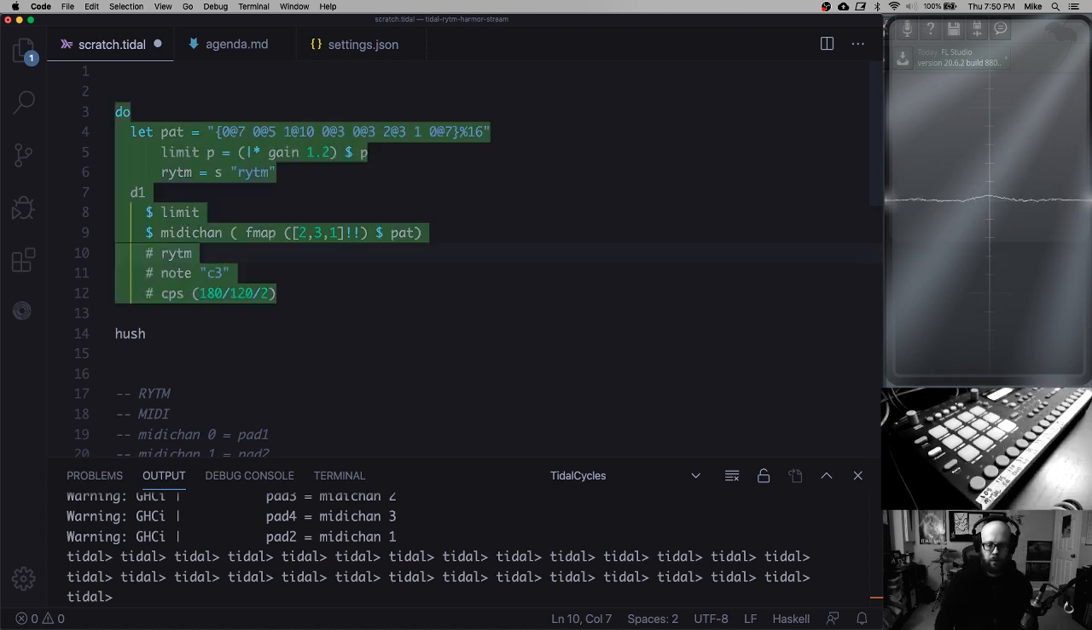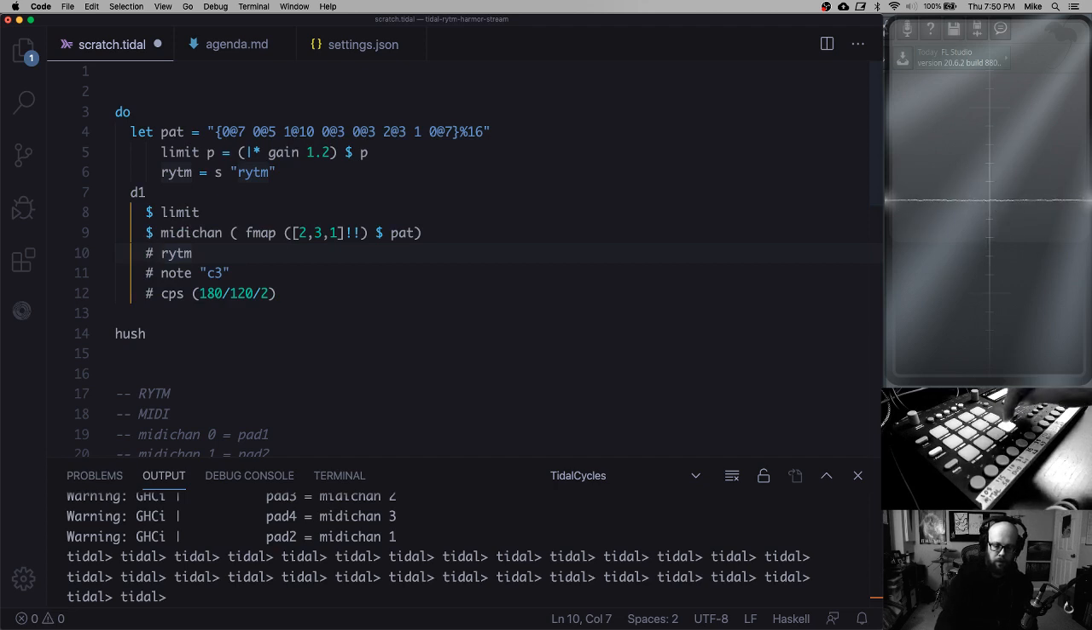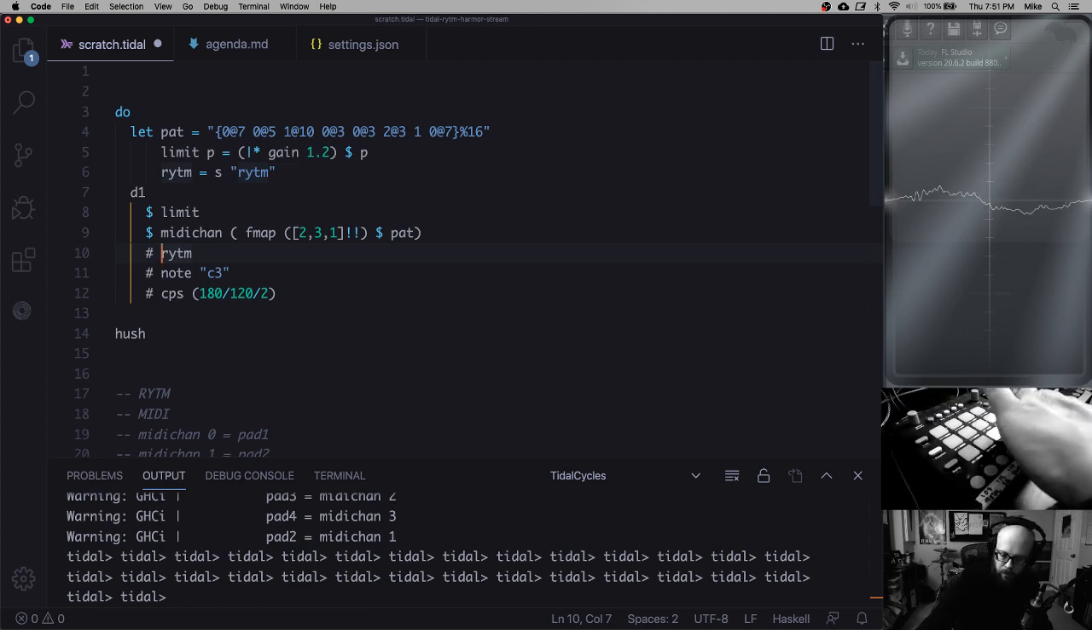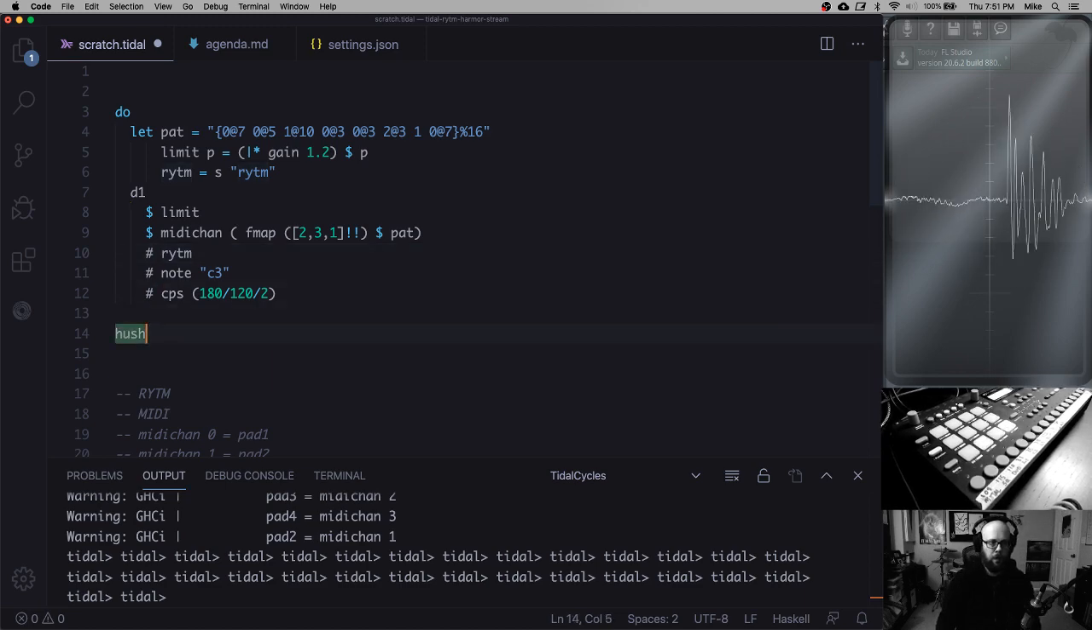Oh, I changed the wrong parameter. Hold on a sec. Okay, so now I've got a little bit of variance in the clap, but now what I need to do,